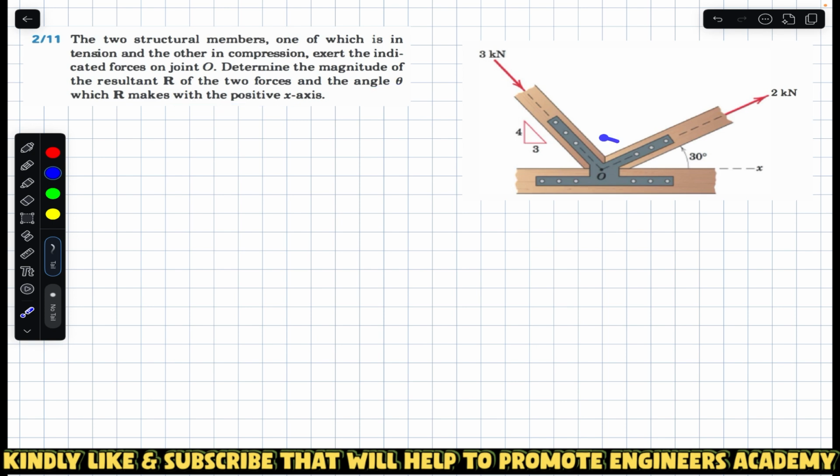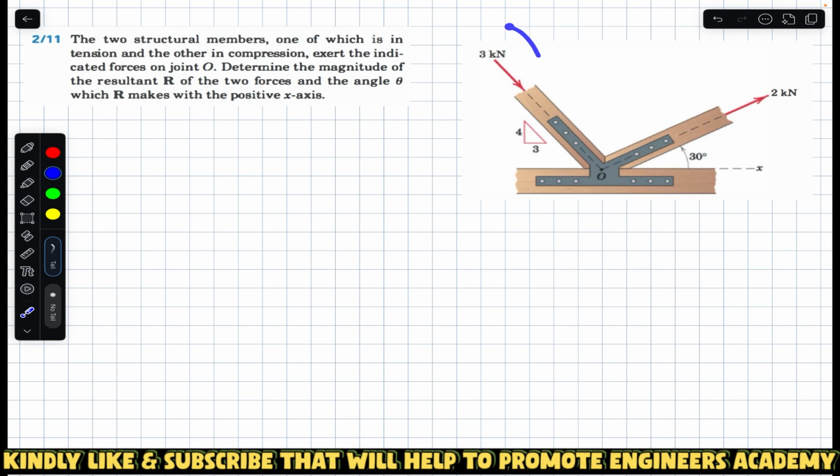So we are given this structure in which one of these members is in tension and this member is in compression, and we are asked to find the resultant of both of these forces. So the 2 kilonewton force is acting along this line of action and it is making 30° with the positive x-axis, or we can say with the horizontal, and this 3 kilonewton force is also acting at that point O,